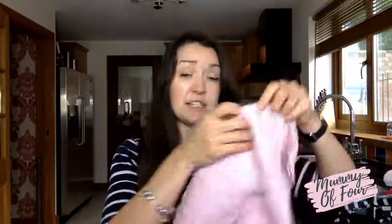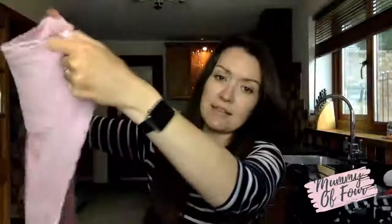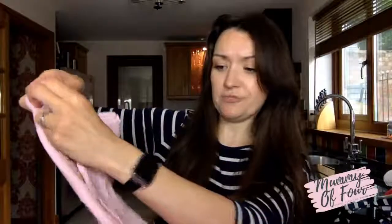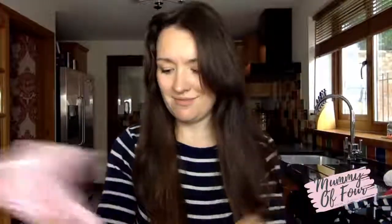Right. The other thing that I did use, and I talked about this, I think, in last week's Facebook Live, I did use a muslin as a nappy when Zara was very small. I tried to put this on a Moana dolly last week. Didn't go terribly well, because you don't change babies while holding them in the air, trying to demonstrate to a camera. But basically, you fold it. There's lots of different folds that you can do, that I need to do a separate video on, really. But what I've done is I fold it into thirds, like that, and then just pull apart the top bit, like that. And then you can put your baby